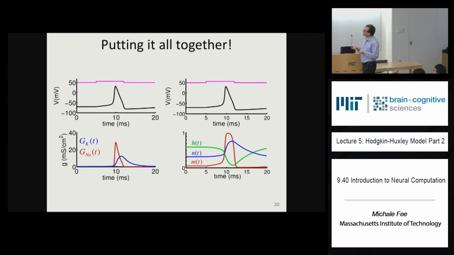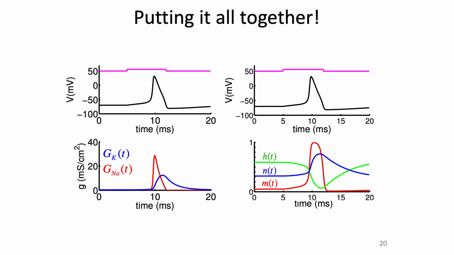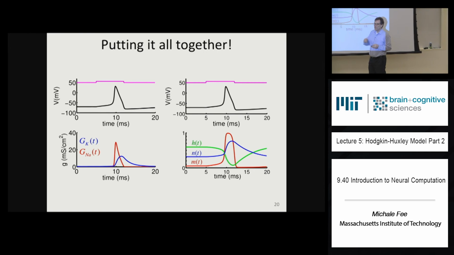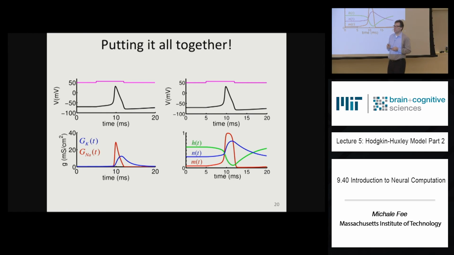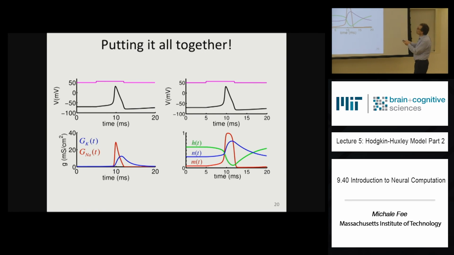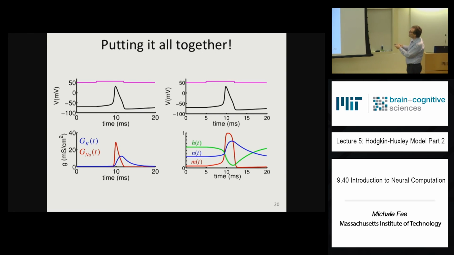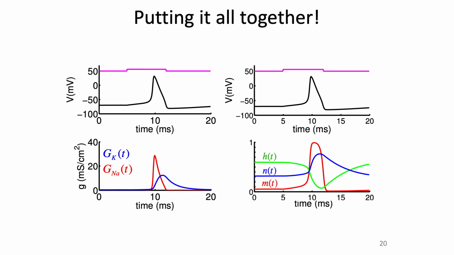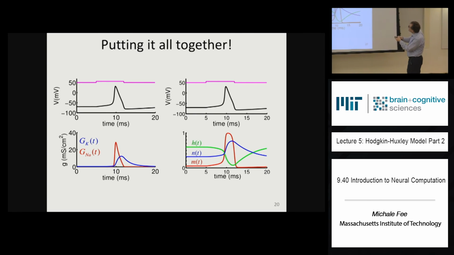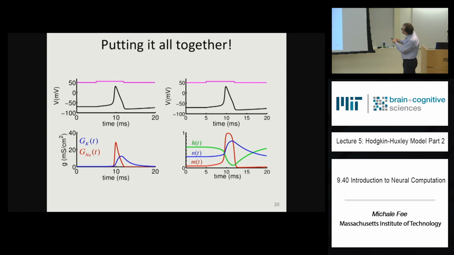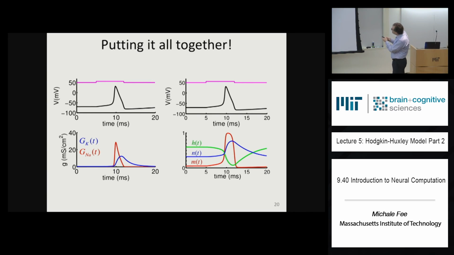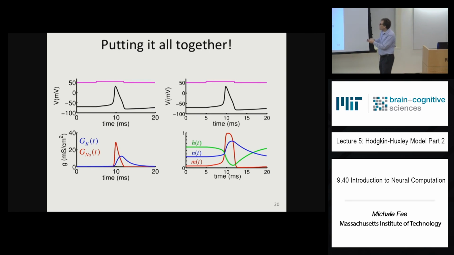So here's what that looks like. Here's V as a function of time for when you implement that loop in MATLAB. Okay, so you can see what you did. So this is the injected current through the electrode. You can see it starts to depolarize the cell a little bit. And at some point, what happens is this is just a copy over here, so you can line things up. When you inject current, the cell starts to depolarize, and you can see that M starts to grow. The sodium current is starting to turn on. And at some point,